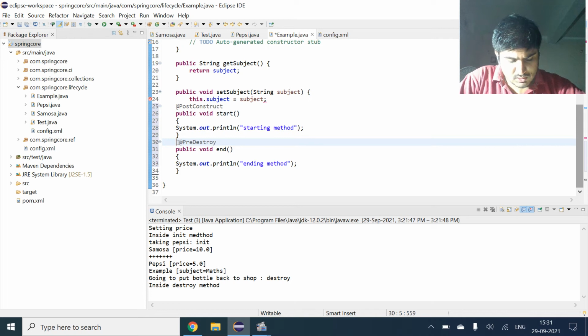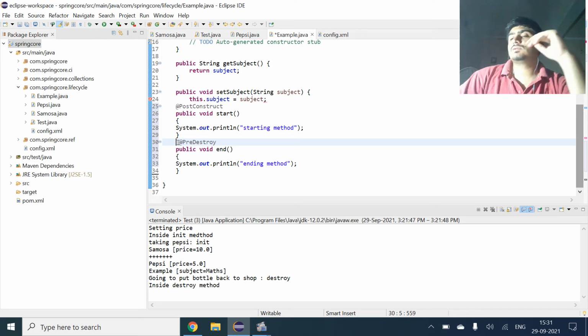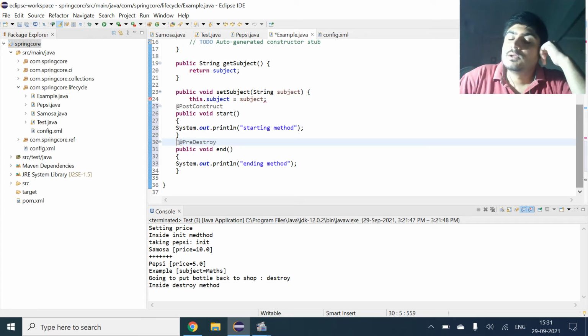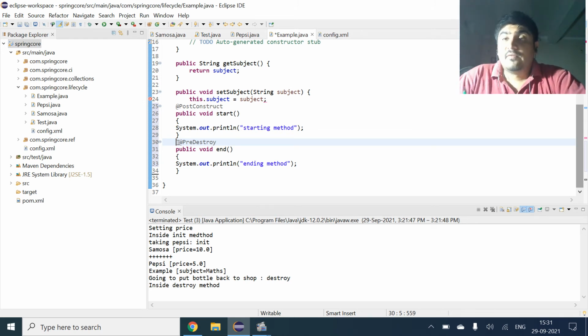Actually, these two things were disabled in my Spring Eclipse workspace. For enabling them, I had to add a dependency. That's why it took a little much time. I was finding the dependency to add for these two annotations, PreDestroy and PostConstruct.